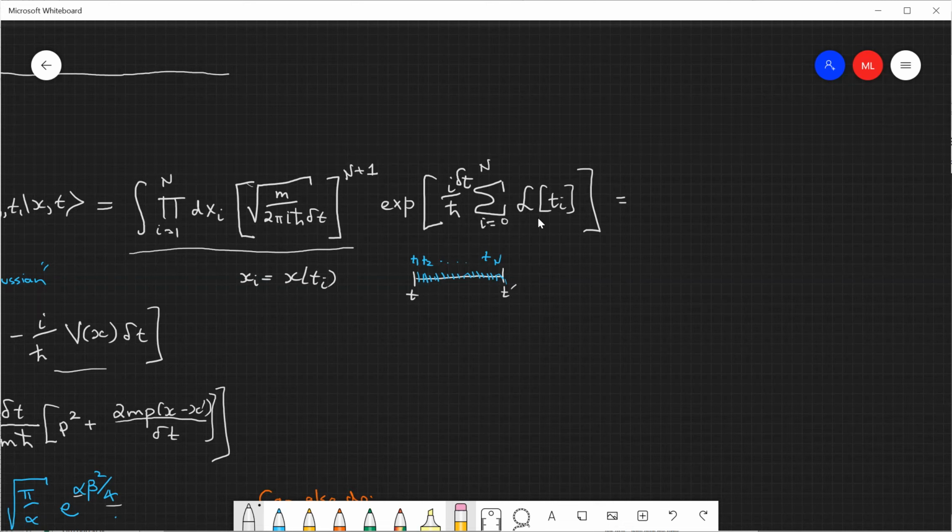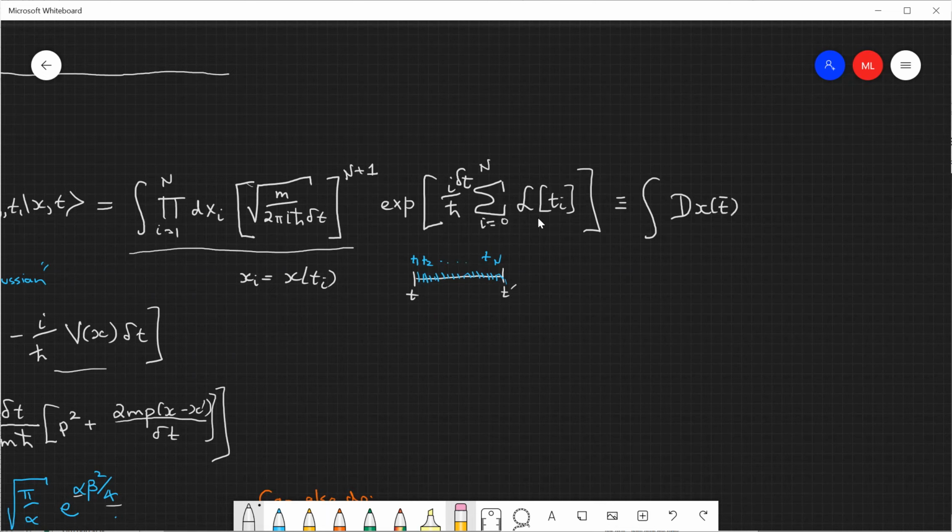So we must be integrating over all of those. There's a prefactor out front, which we can just absorb in the integral measure, as a normalization. And so we can call this, as a shorthand, a path integral, which is the integration over all paths